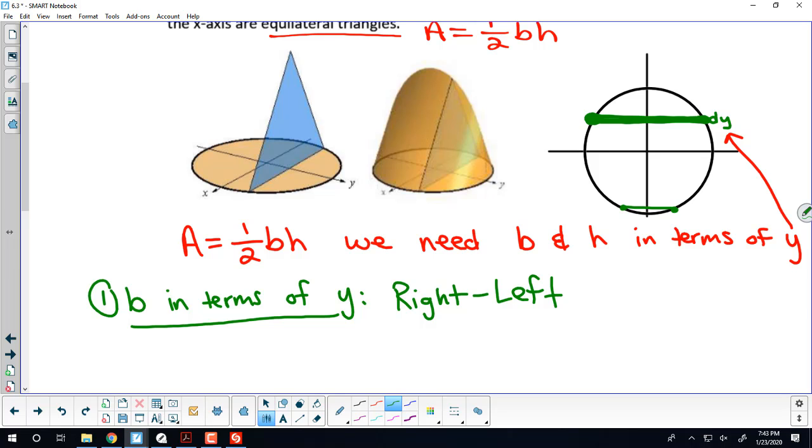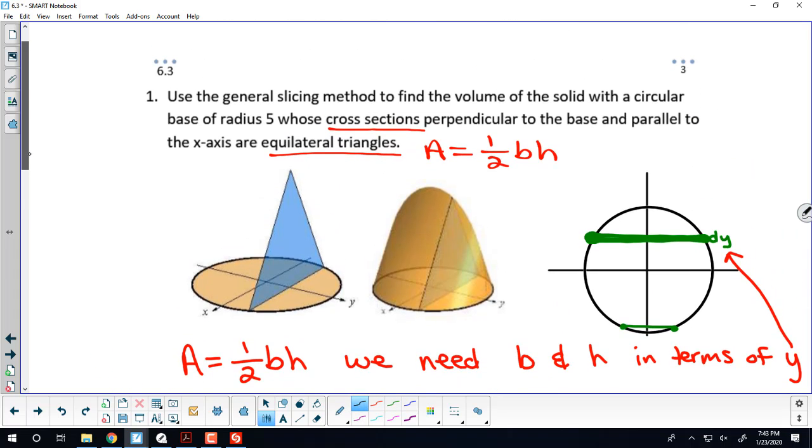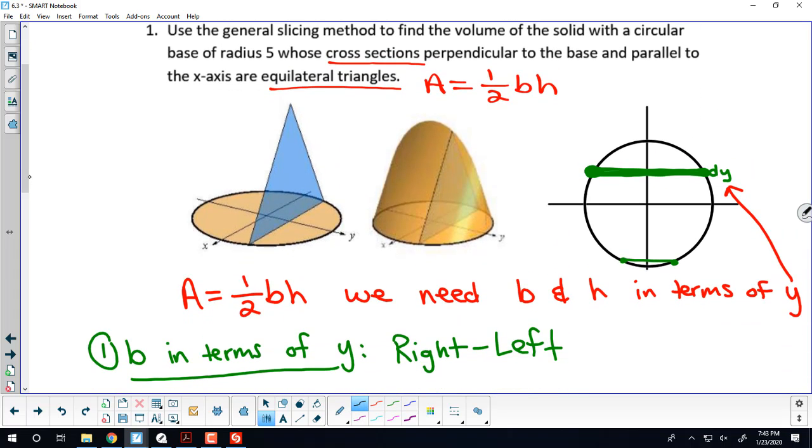Okay, so what is the right minus the left? Well, it's dependent upon the equation of that boundary of that circle, right? We're told that the circle has a radius of 5, so the equation of this circle is x squared plus y squared equals 25. But remember, we want everything in terms of y. So we want to rewrite the equation of our circle in terms of y. In other words, we want that circle to be x equals